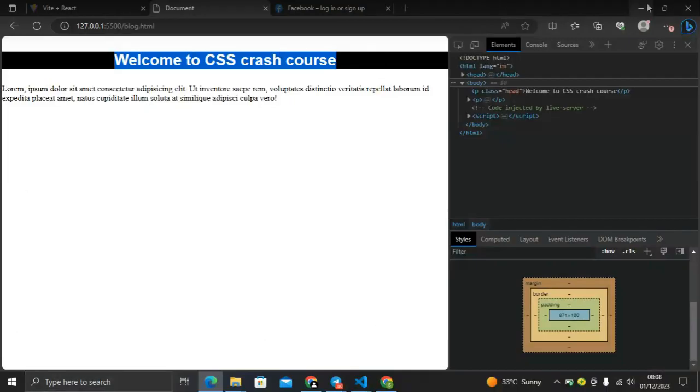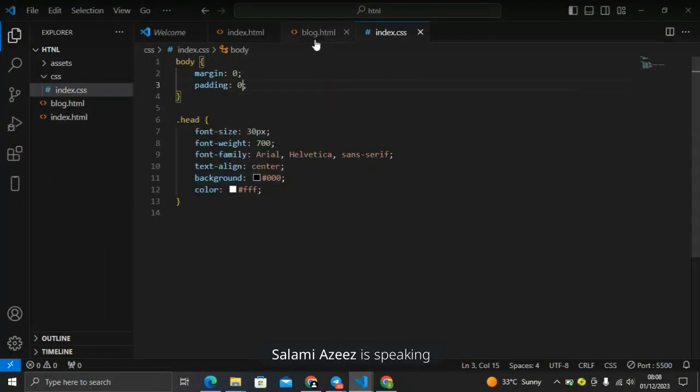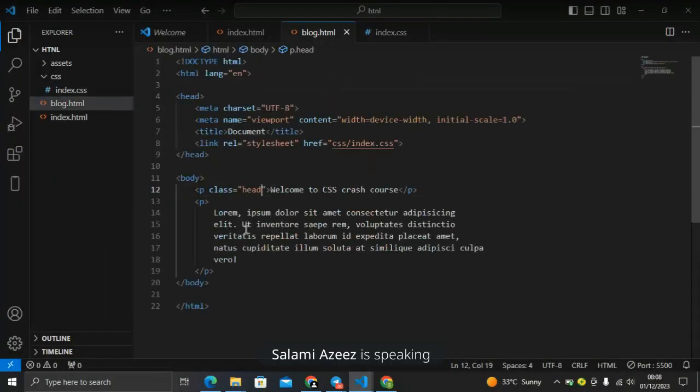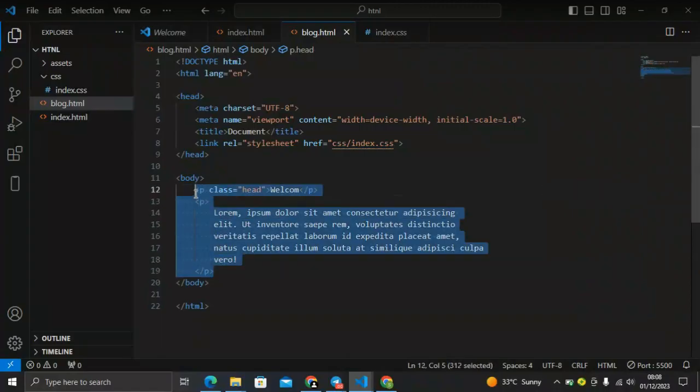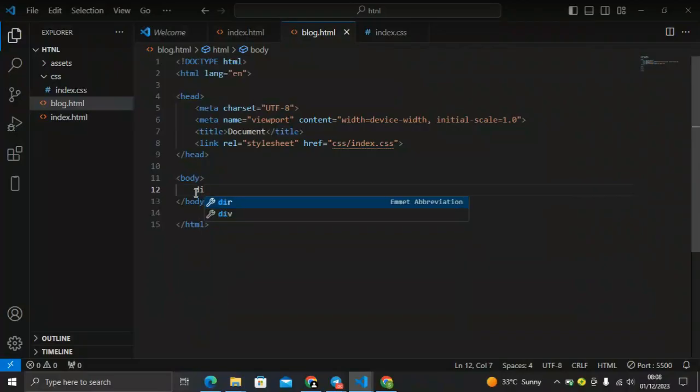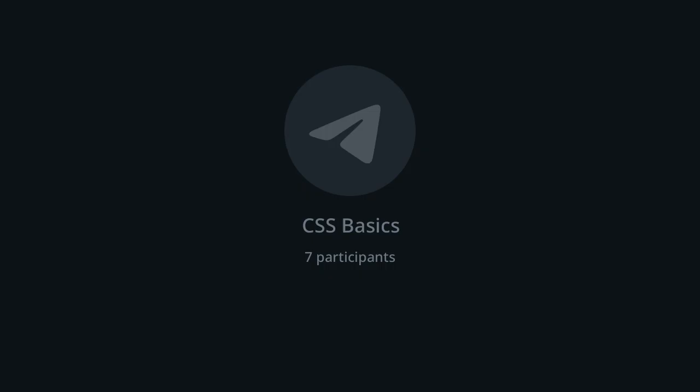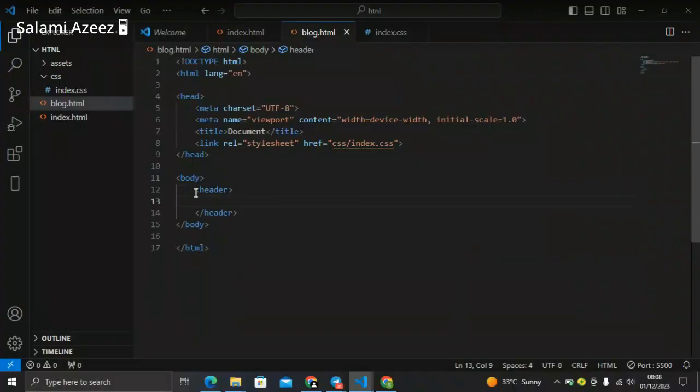Let me use this to create a block instead. Let's say I have this here. Let me get rid of this. So I have this. Let's say I have a header section, and I have an element of